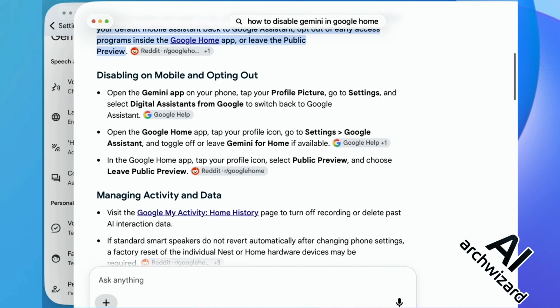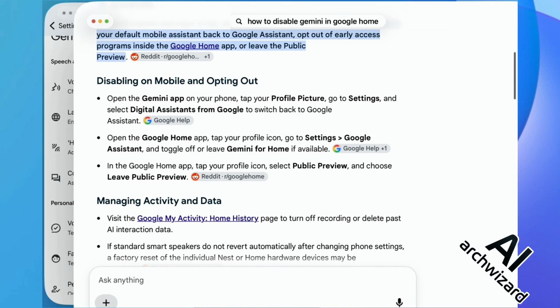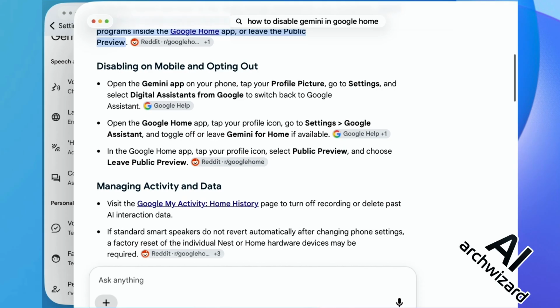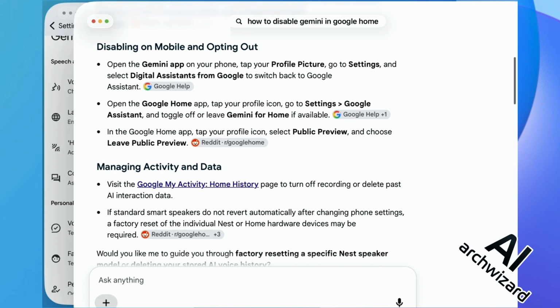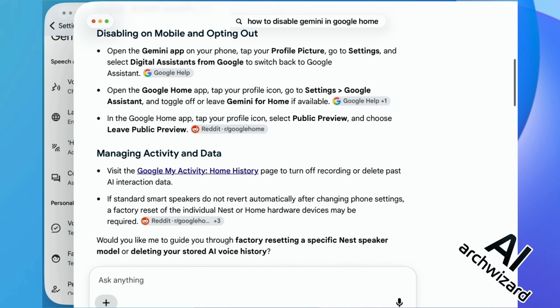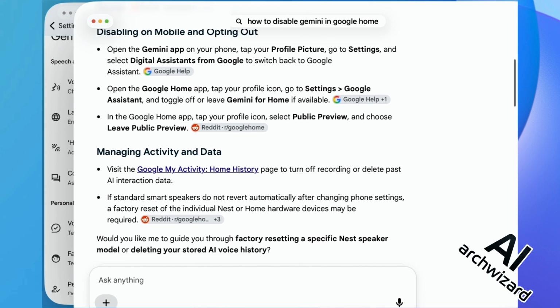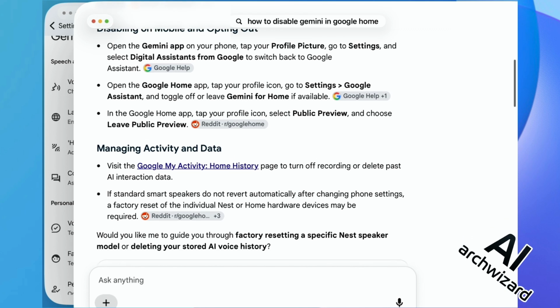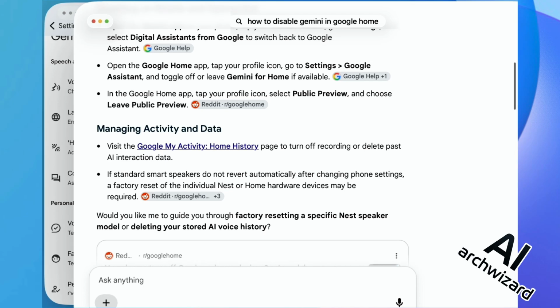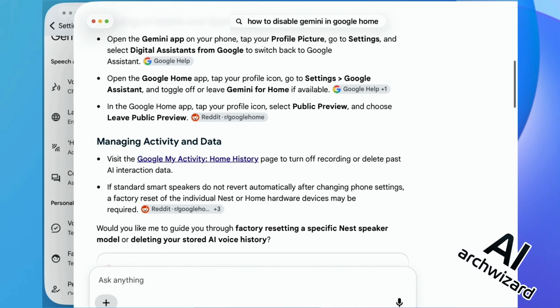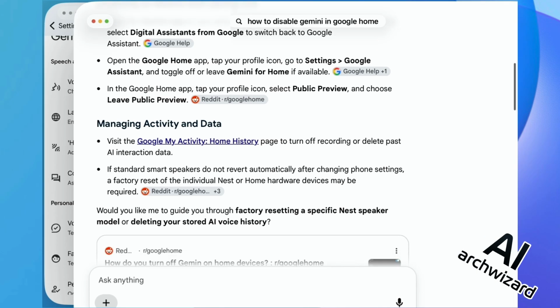Open the Gemini app on your phone or tablet, tap your profile picture, go to settings and select Digital Assistant from Google to switch back to Google Assistant. Open the Google Home app, tap your profile icon, go to settings, Google Assistant, and toggle off or leave Gemini for Home if available. So I'm leaving this preview. In the Google Home app, tap your profile icon, select public preview, and choose leave public preview.